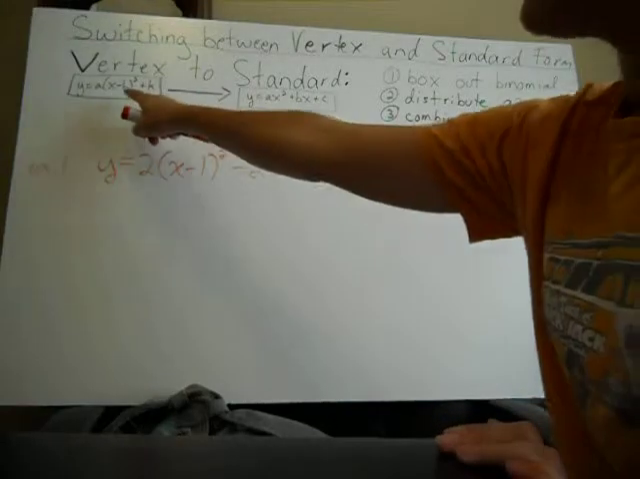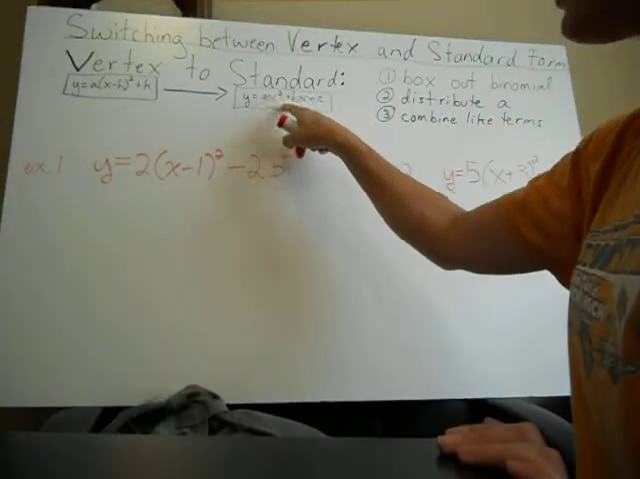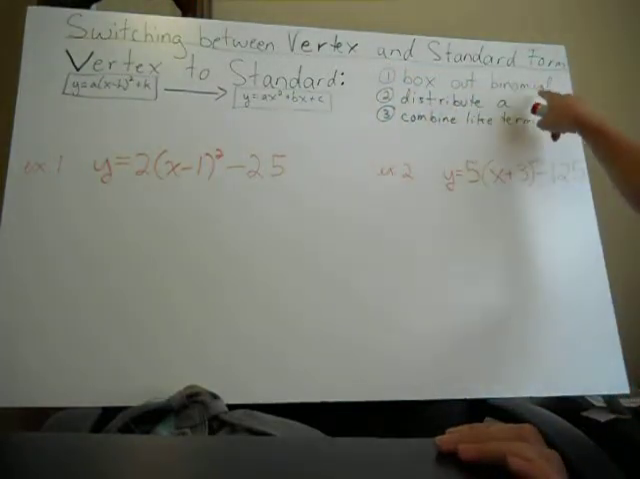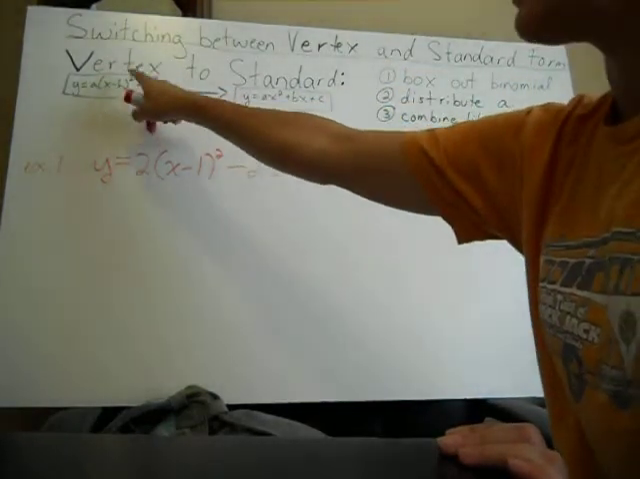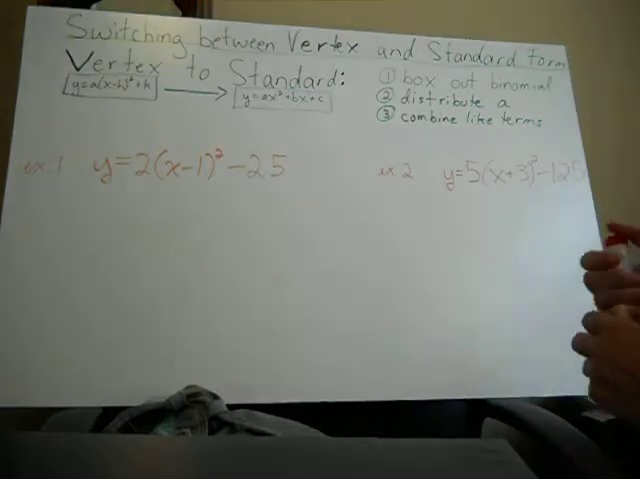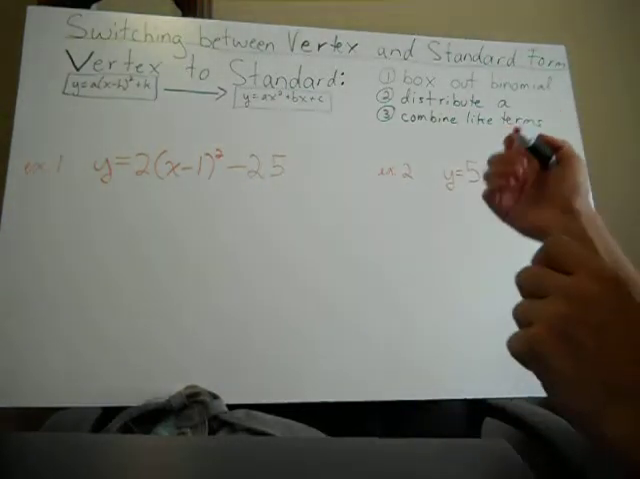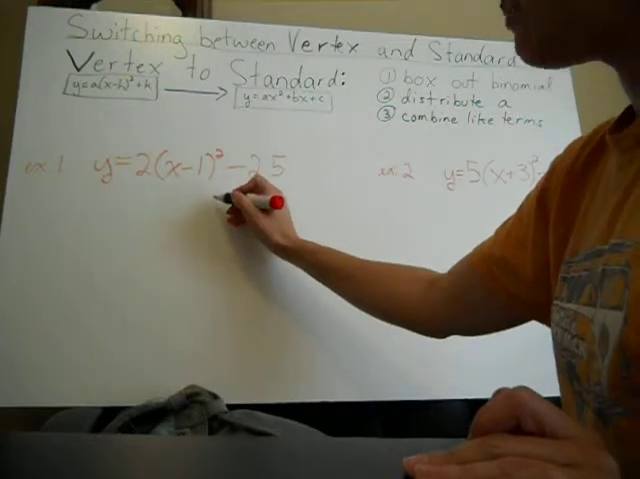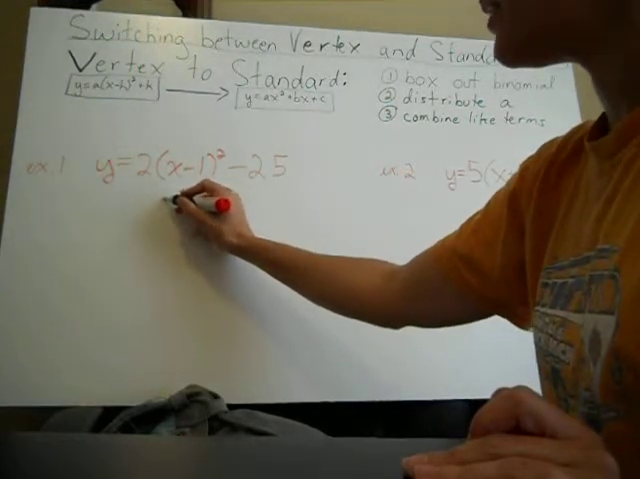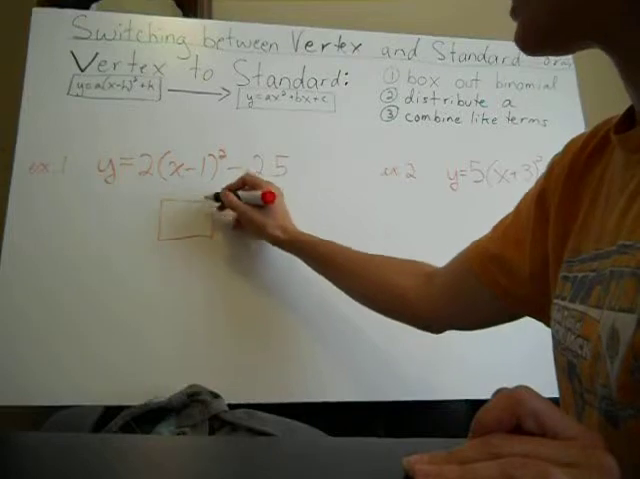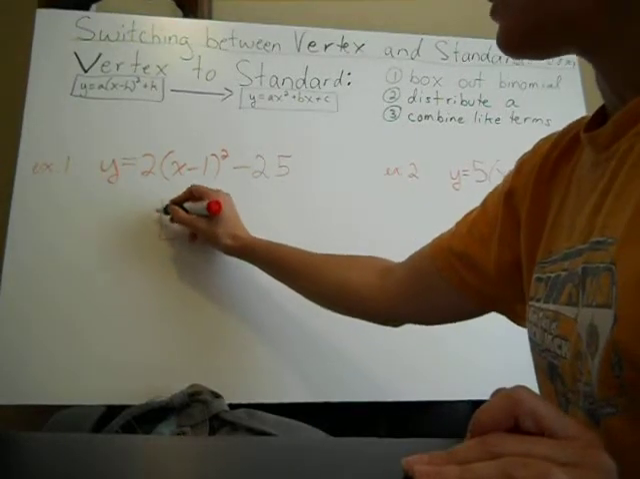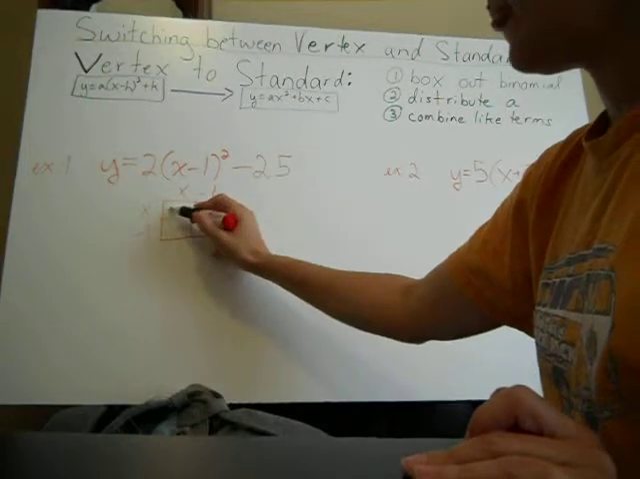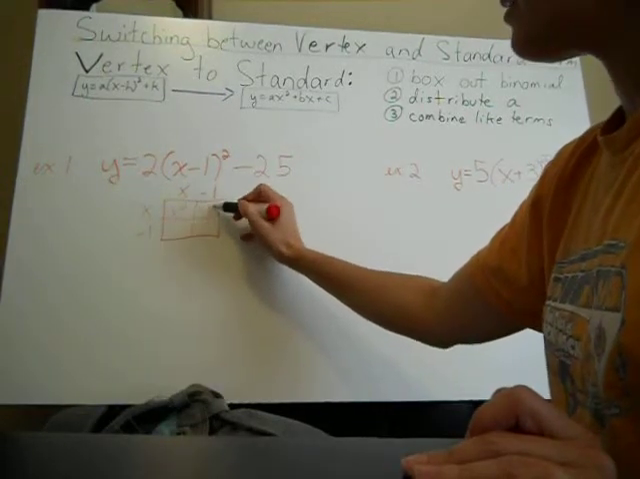So to go from here to here, notice there's no parentheses squared here, so the first thing you're going to need to do is box out the binomial that's being raised to the power there. So for this example, we're going to do x minus 1 squared. Now remember, a binomial raised to the second power is a trinomial in disguise. So that's x minus 1 times x minus 1. It gives you x squared minus x